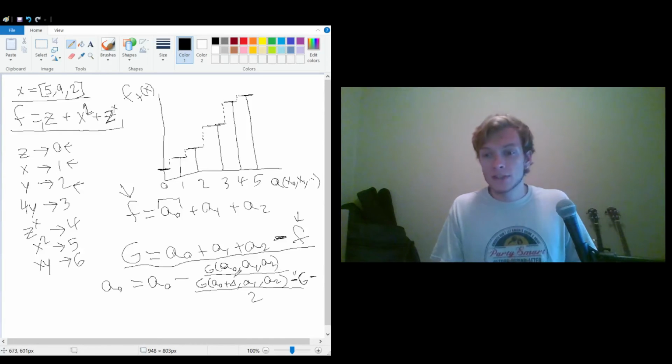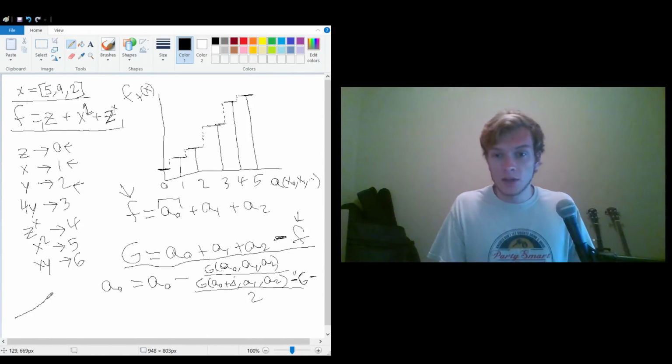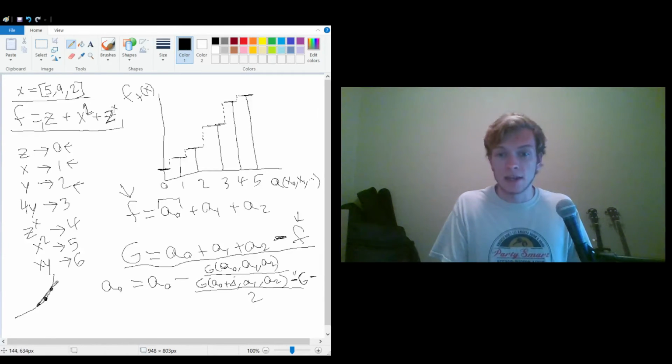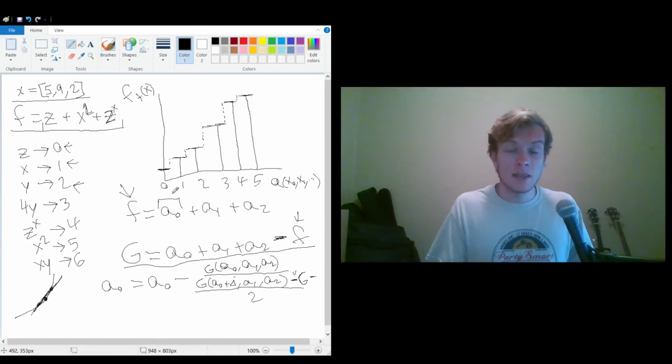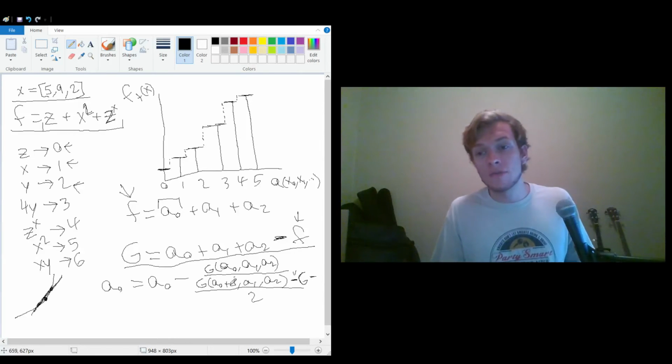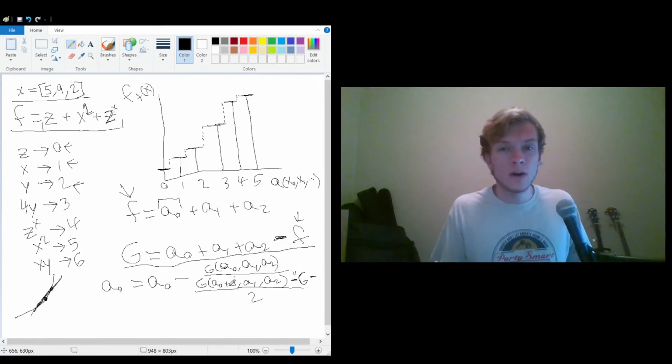So what this is essentially doing is, let's say you had a curve like this and you're trying to find the instantaneous slope at this point. We're essentially taking a step forward and a step back and making a secant line. And so that's a pretty good approximation, especially if your step is fairly small. Now, in this case, that's not what I did. In this case, I actually made delta 1. And the reason I did that is because if the delta wasn't 1, it wouldn't make any change in the